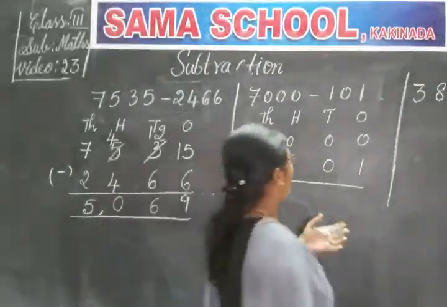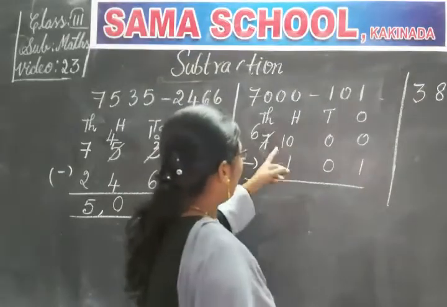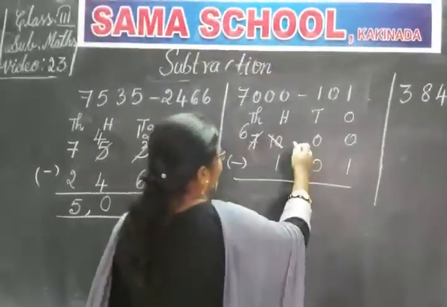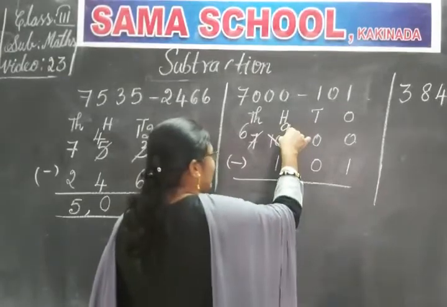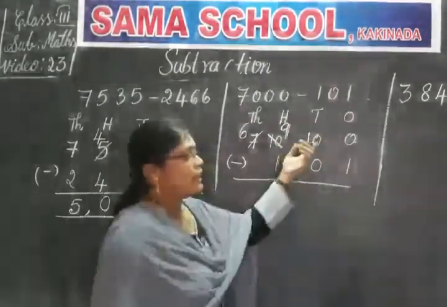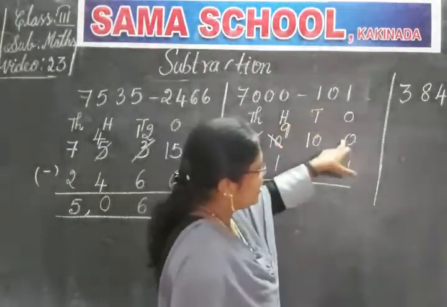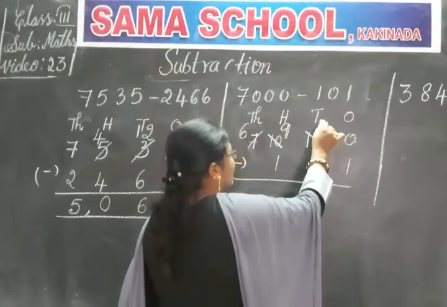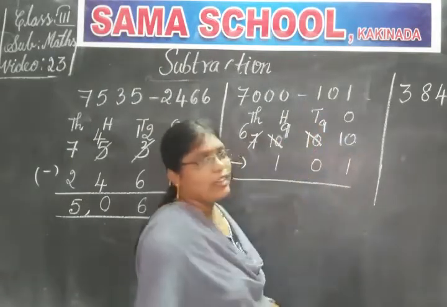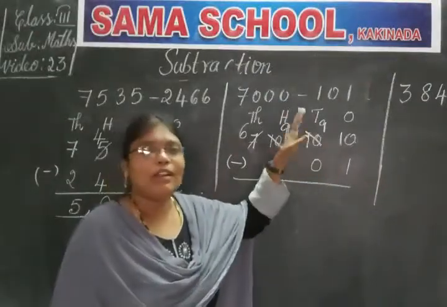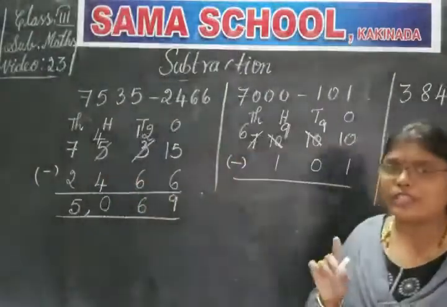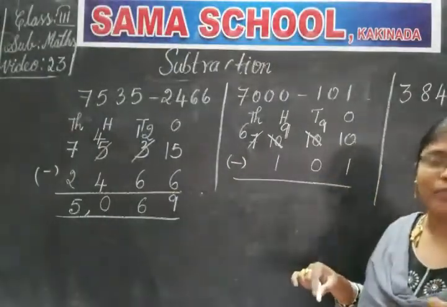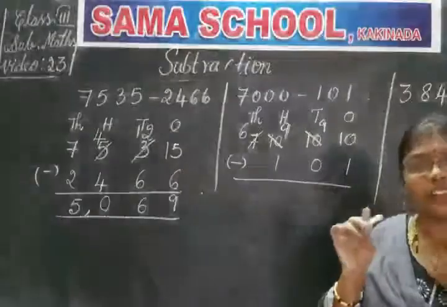that is the ones place. Okay. Now we have borrowed 10. See here, again you have to borrow. You should borrow from the hundreds place to the tens place, so it became 10. And now again you have to borrow for the ones place. Now it became 10, and borrow 1 from it, so it will become 9. And now the ones place digit 0 became 10. Now you have to do the subtraction from the ones place. Every time you have to do the subtraction from the ones place. Otherwise you will get the wrong answer.